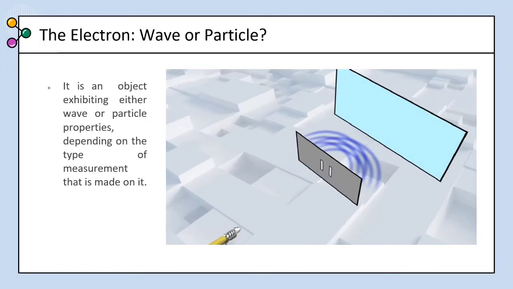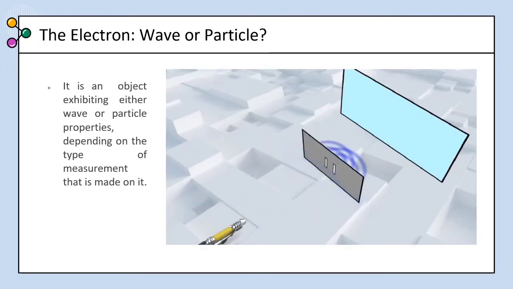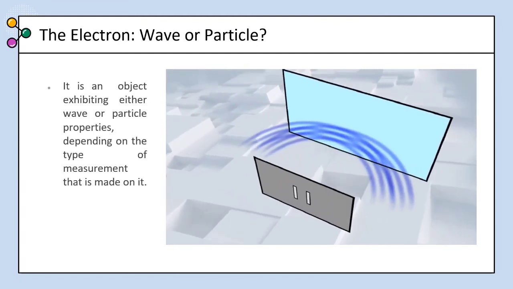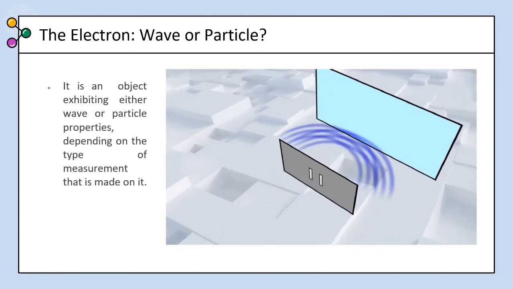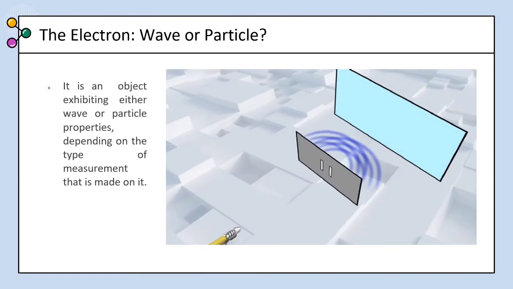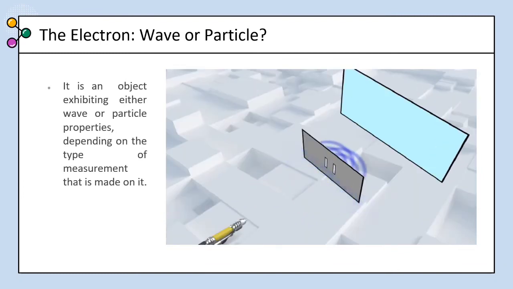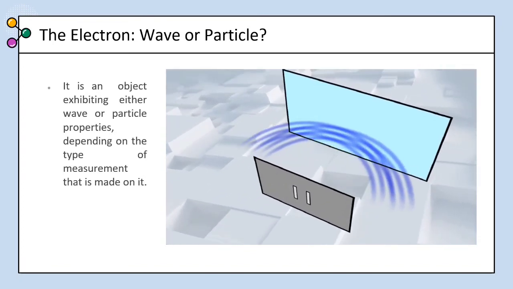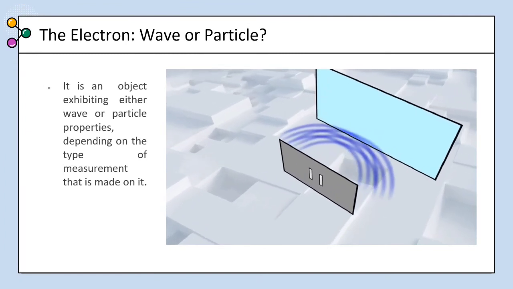Number 1. Electron, wave, or particle. Young's experiment shows both the wave and particle properties of the electron. The wave property predicts the probability of direction of travel before the electron is detected. On the other hand, the fact that the electron is detected in a particular place shows that it has particle properties. Therefore, the answer to the question whether the electron is a wave or a particle is that it is